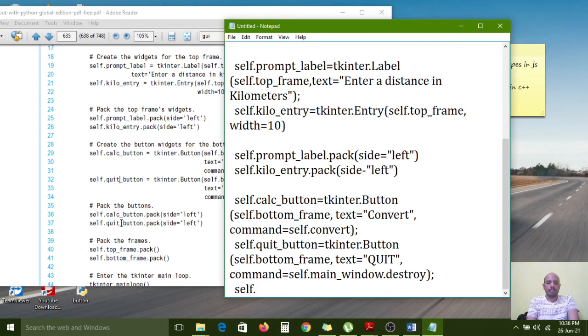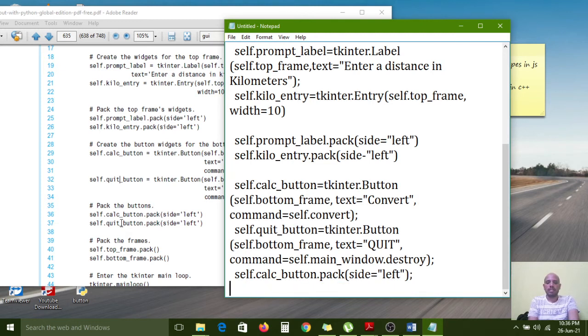Self dot calculation underscore button dot pack method, and in the pack method side equal to left I have configured. On the left side it will be configured, right? Again self dot quit underscore button dot pack, side equal to left, it can align.